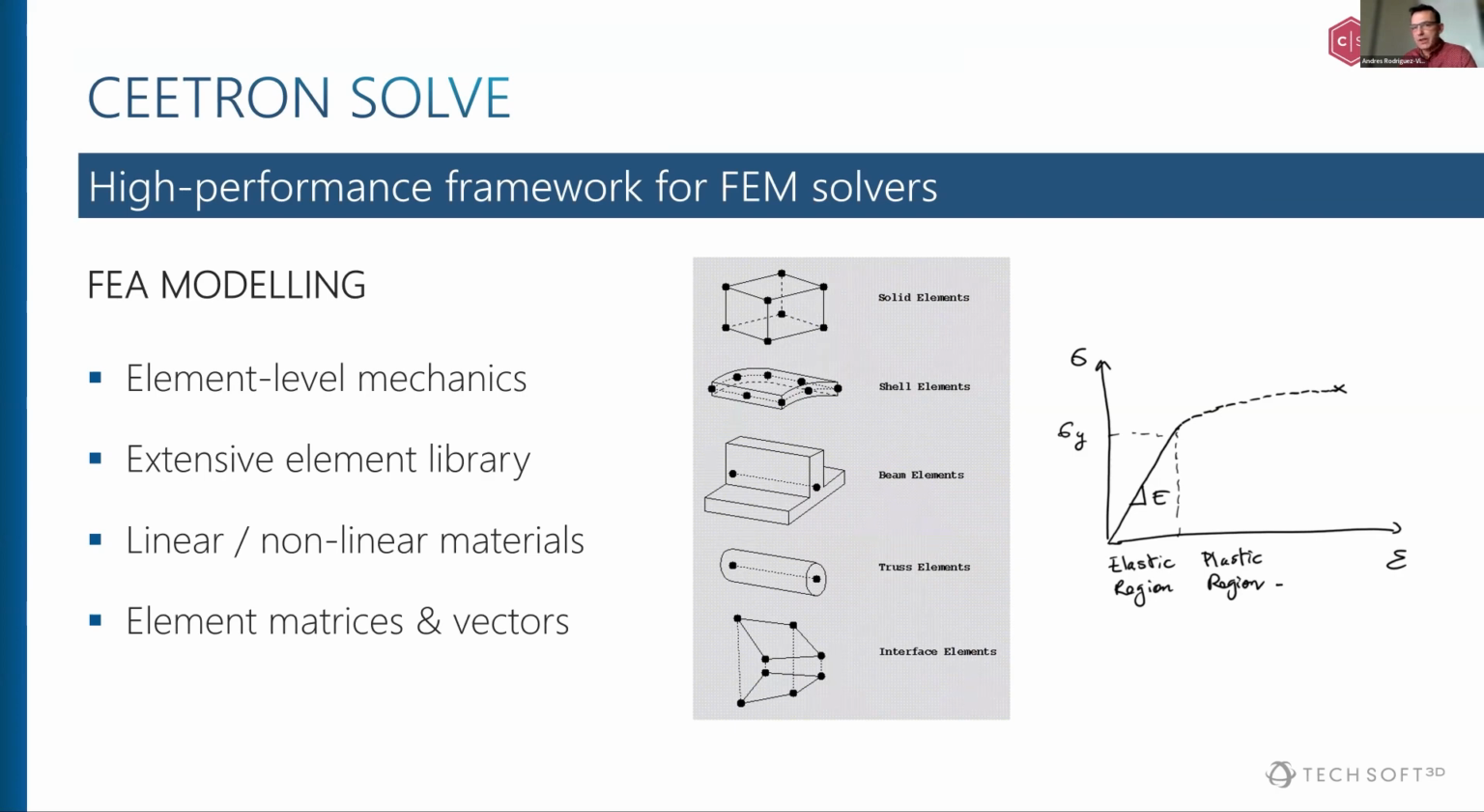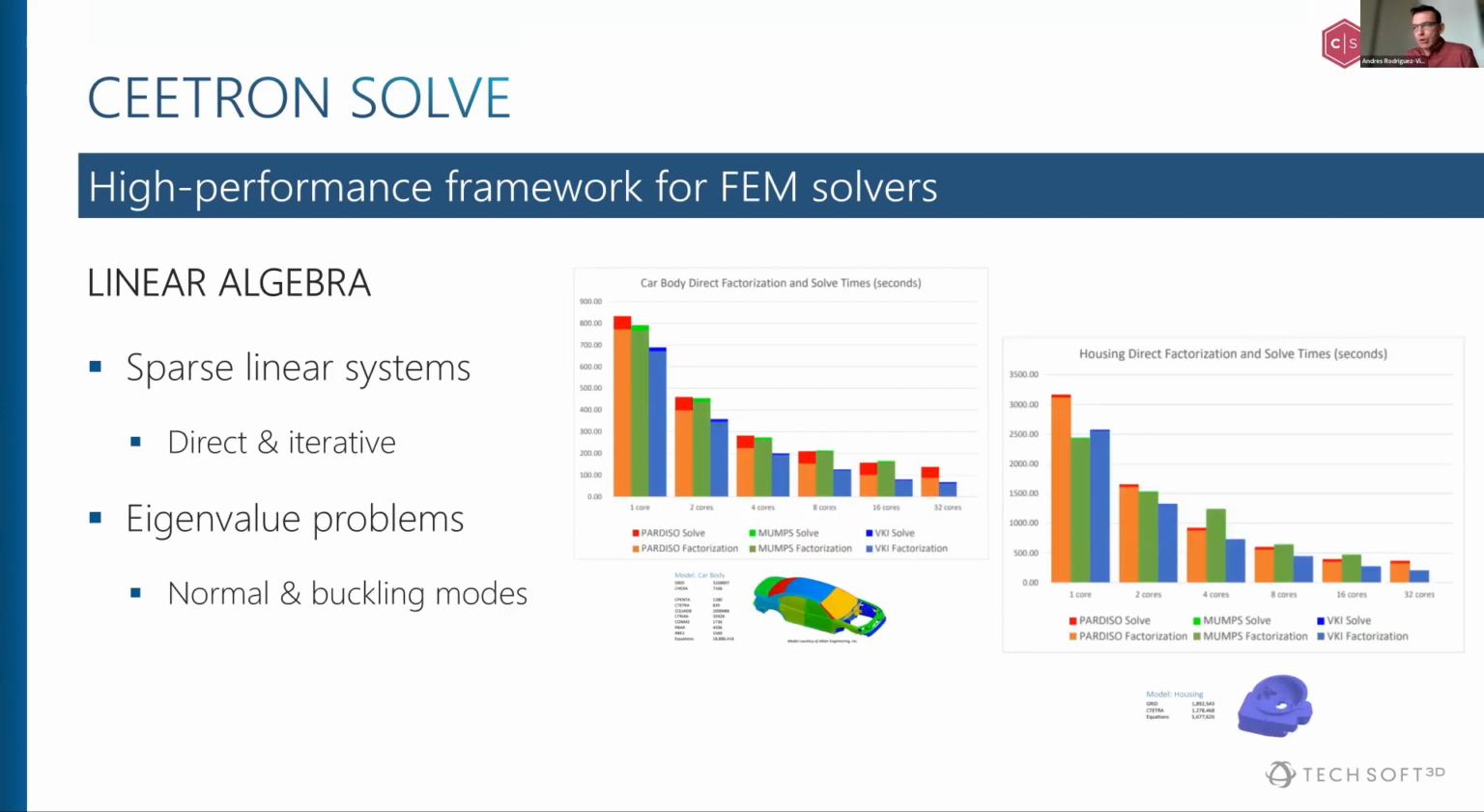We provide an extensive set of elements, mainly focused on FEA. This includes beams, shells, solids, springs, trusses, etc. And we also have a nice library of linear and non-linear material models. So with all these blocks, you can put them together and actually build an FEA application or a thermal analysis solver. That's the first part. The second part, well, when all these local element matrices and vectors are assembled, we get a big system. This assembly is done by the second component of CEETRON Solve,